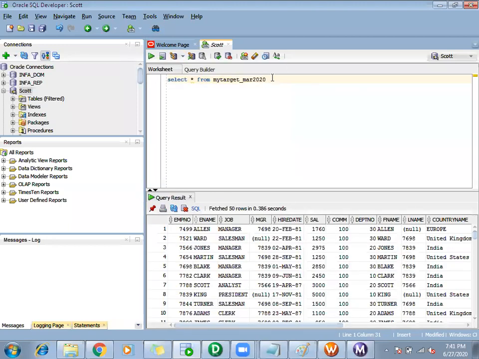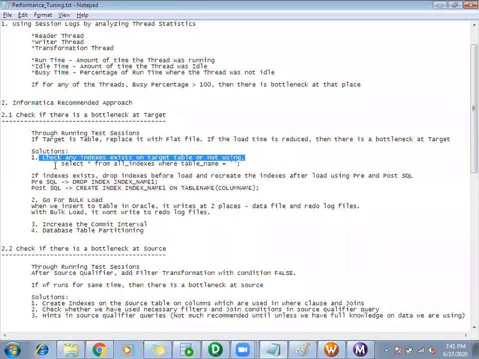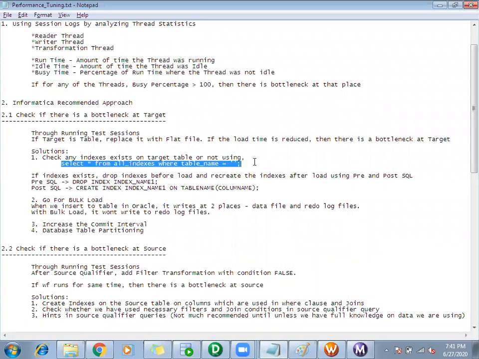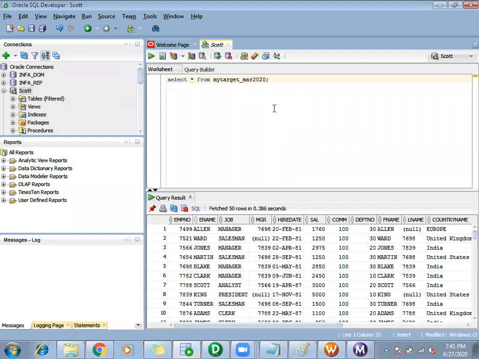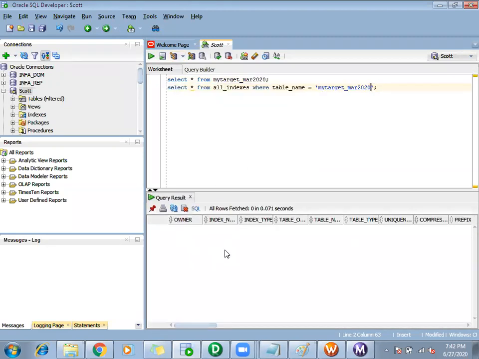You can check whether there are any indexes existing on this table. At the database level, they might have created indexes, so you can check using this query: select star from all indexes where table name. If there are any indexes created, it will list them. So in my table, there are no indexes created.